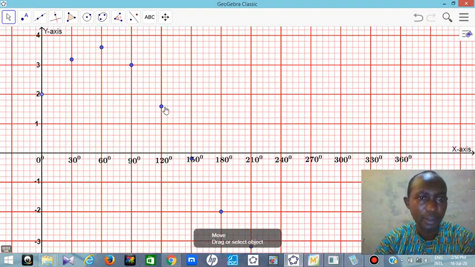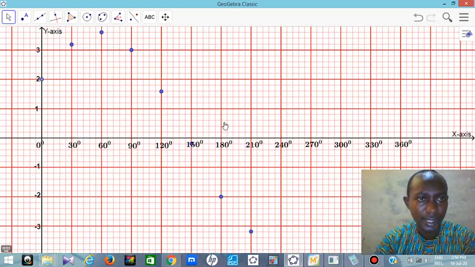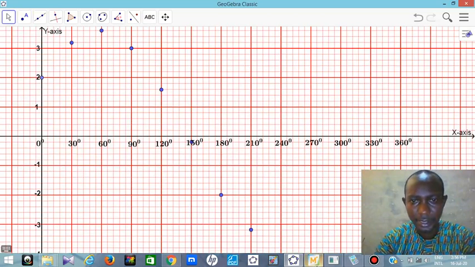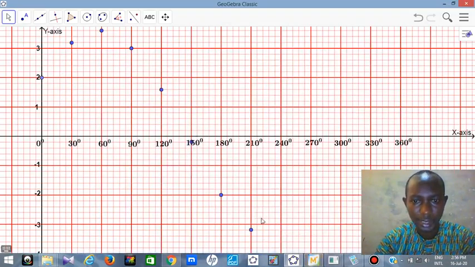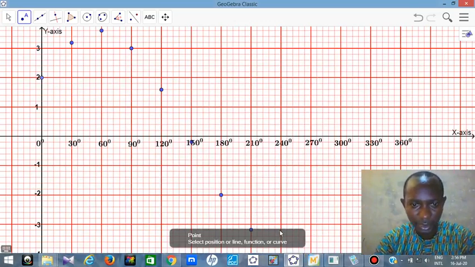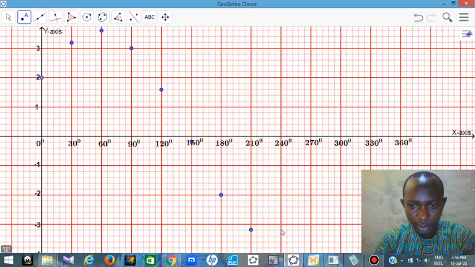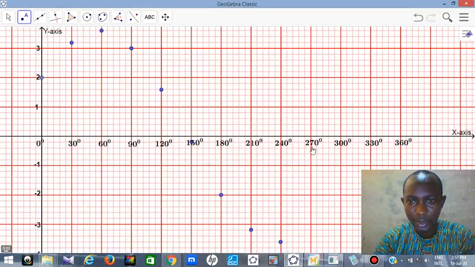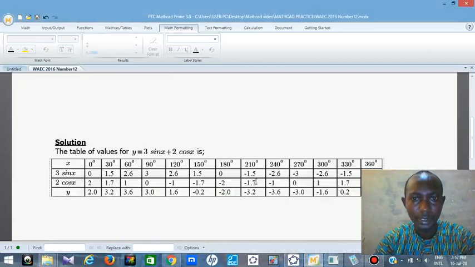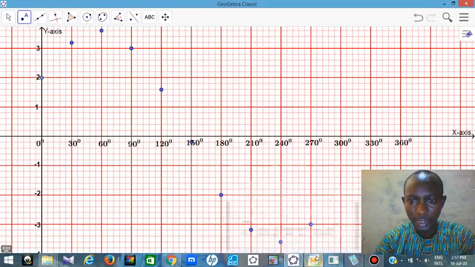Let me move my graph upward a little. Alright. Then we are in 240 now. When x is 240, y is -3.6. So 240, let's get our point. 240 to -3.6. So this is 3.0, 3.2, 3.4, 3.6. You mark. Then we move again. 270 to -3.0, which is this point. You mark it. Then 300 to